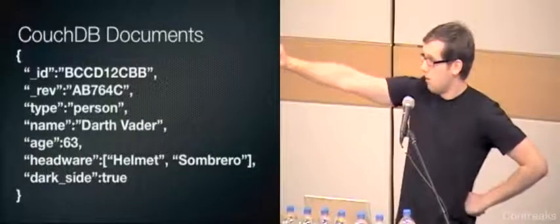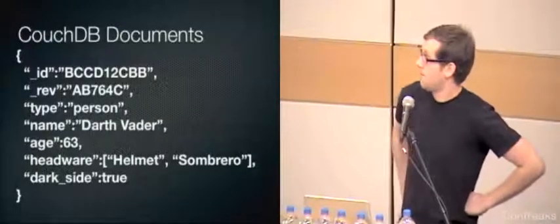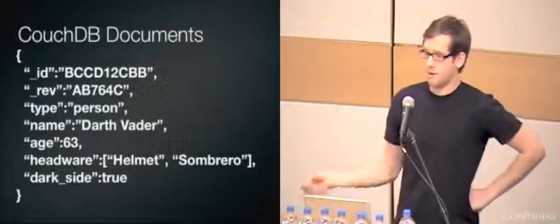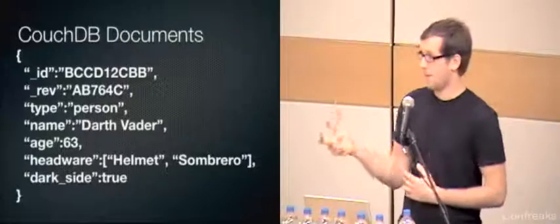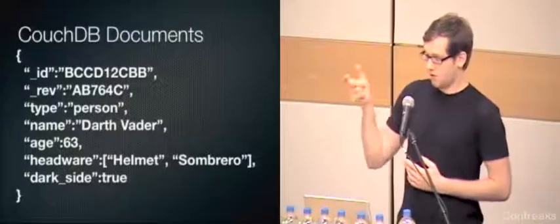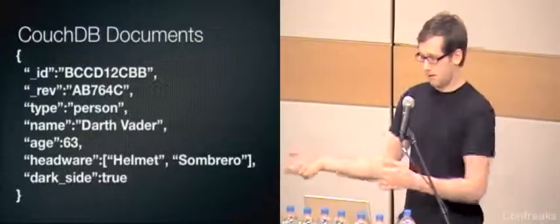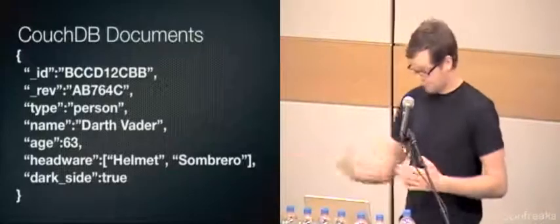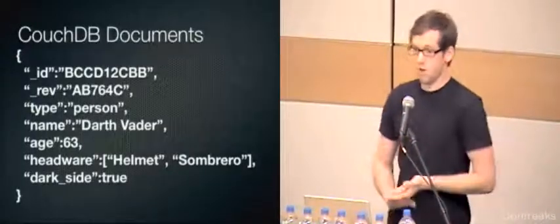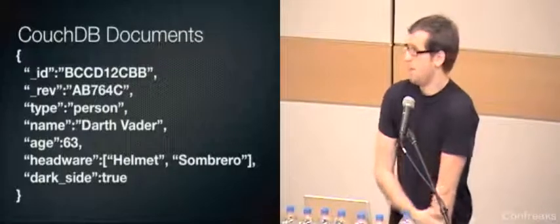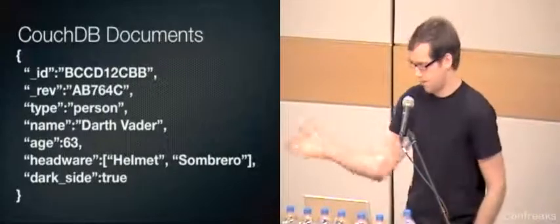You notice two private properties, ID and rev. When you store something in CouchDB, you get back an ID. That's the identifier for that object. And if you give CouchDB that ID and ask for the data, it will give you the data you put in previously. So each document in a CouchDB database will have a unique ID that you can